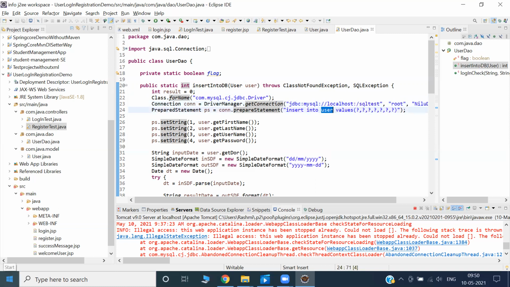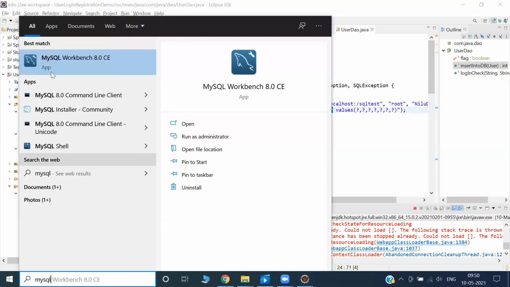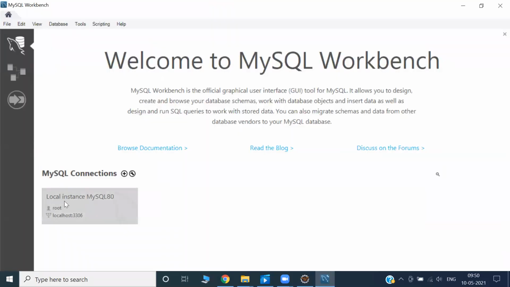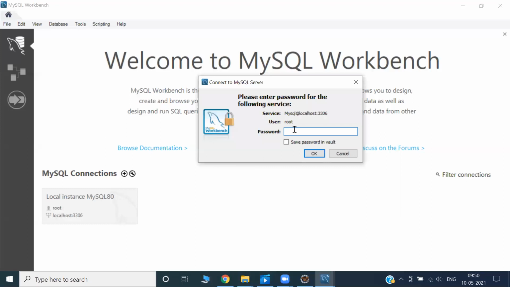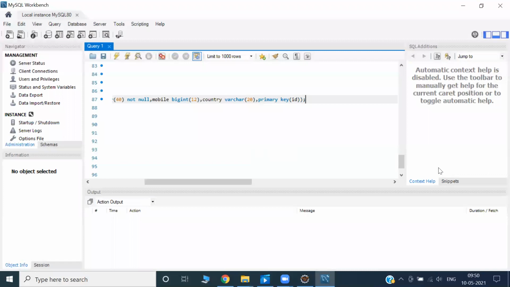Yeah, we can check it. Open MySQL. Now my database is ready, but I want to see if there is a user table.